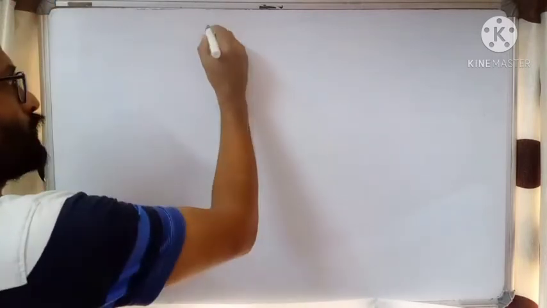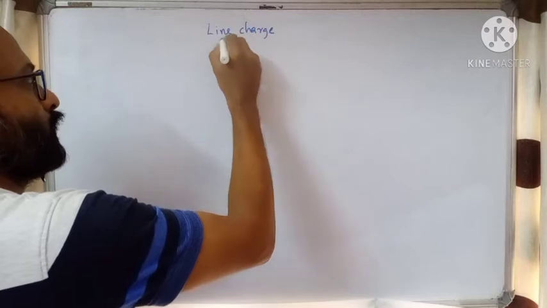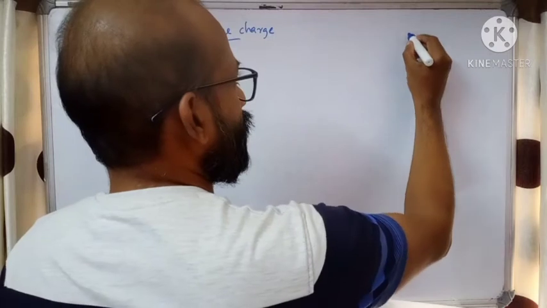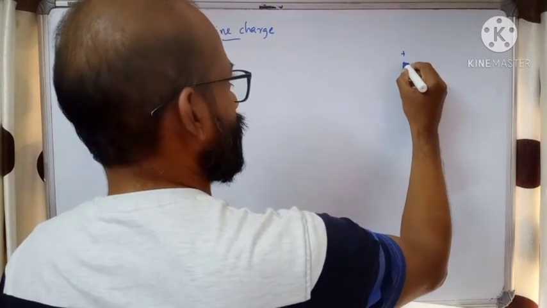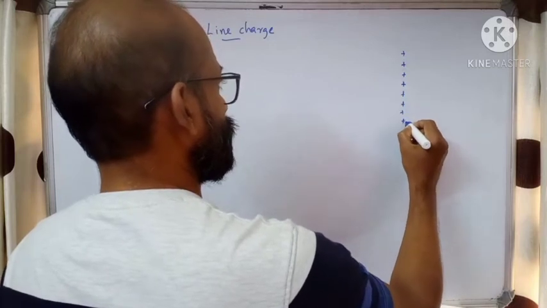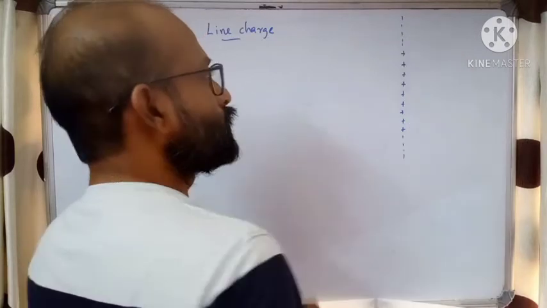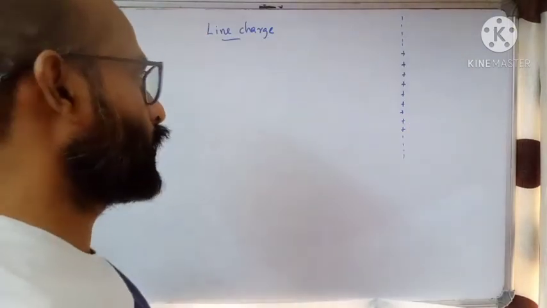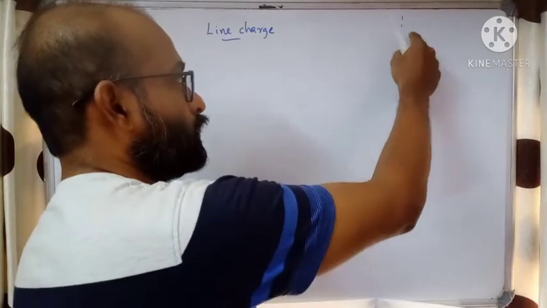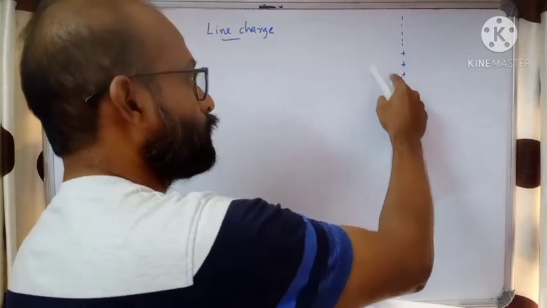It's a line charge. We need to find the net intensity due to a line charge. We have an infinitely long line charge, meaning electric charges are arranged in the form of a straight line. It's an infinitely long line charge having positive charges. Due to symmetry, the line charge is producing electric field perpendicular to the length. We don't know the length, but we know how many charges are there per length.